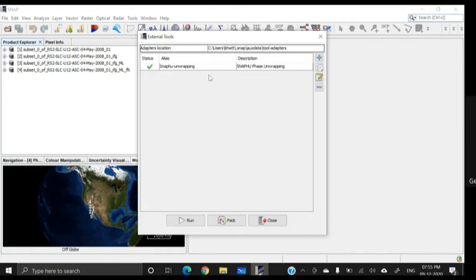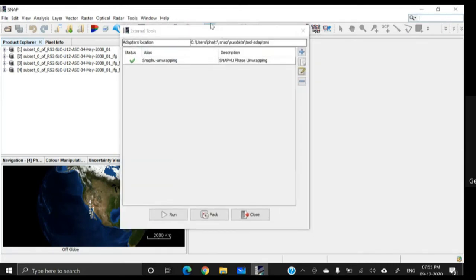You will find the SnapHu plugin listed over here. Also, in status, you should have a green tick. If you do not have this green tick, that means there is some problem with the SnapHu plugin. So first check whether it is working properly or not. Let me recreate the problem.